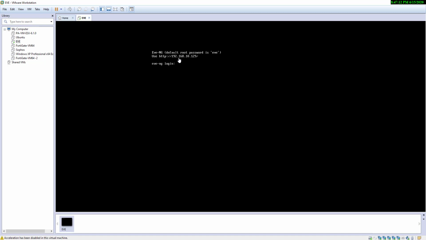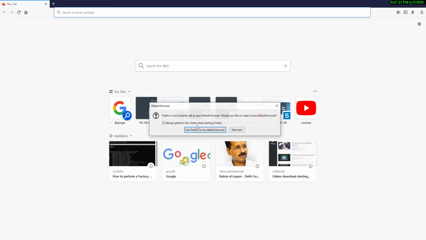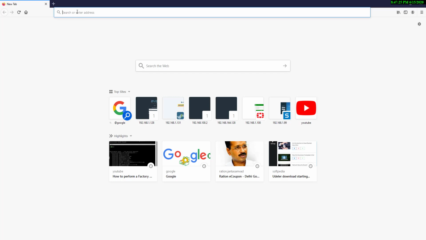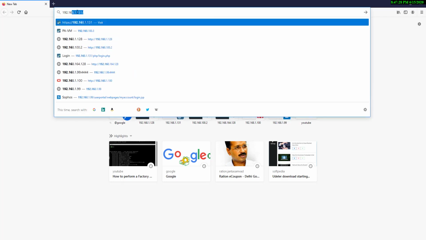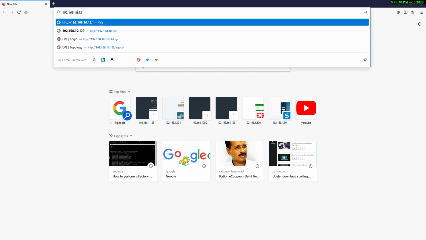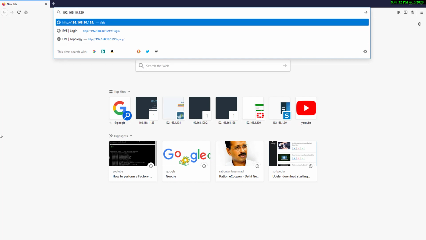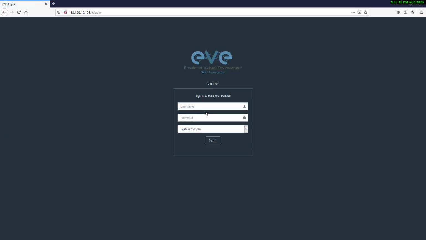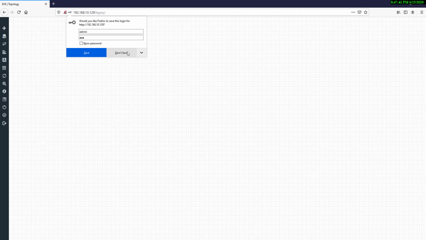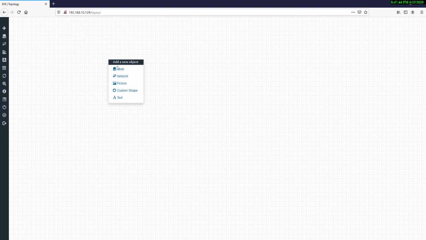This is our IP which we have to search in our Mozilla Firefox, 192.168.10.129. Here I have to log in as admin, and the password is. So this is our lab.